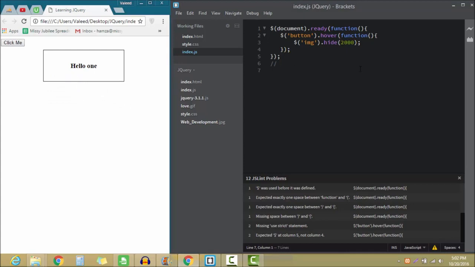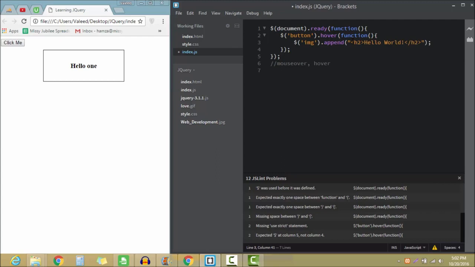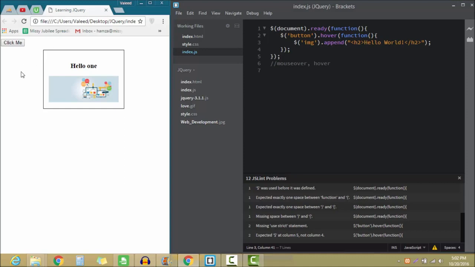So guys, in this class we have worked on two events, mouse over and hover, and we can use it. Or if I want to use any other tag, like h2, this should be in double quotations, and I'm going to write hello world. So when I will save the file and refresh the page, and when I will mouse